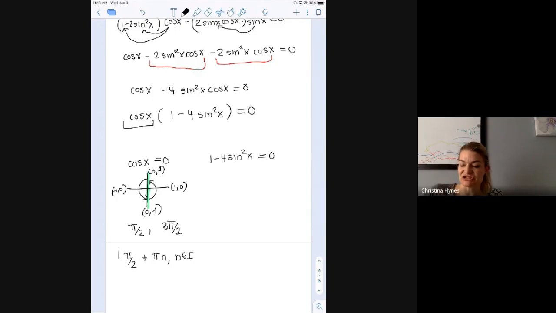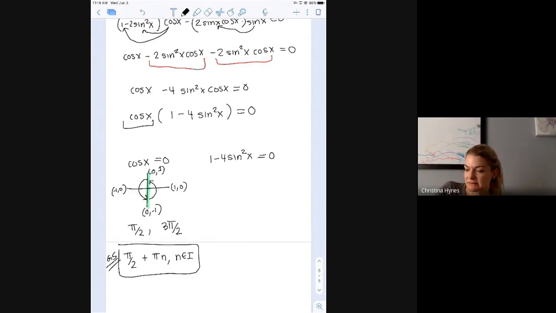So that's the general solution to represent pi over 2, 3 pi over 2, and so on. And again, if they don't give you a domain, you need to write the general solution, which is this. This is the general solution here. Now we're going to go to the other equation and look at where sine squared x